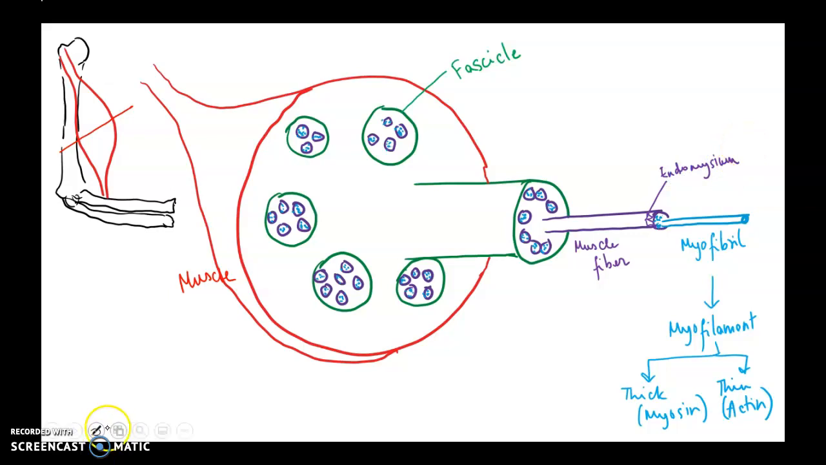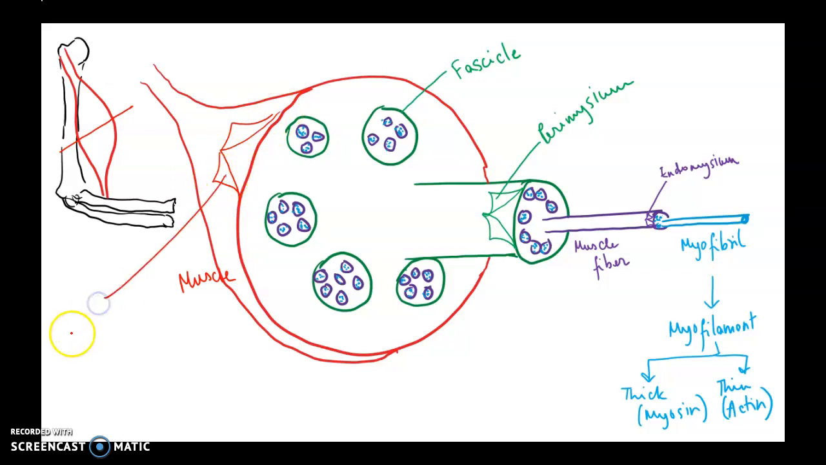If you look at each fascicle, each fascicle is wrapped with perimysium, and each muscle is wrapped with epimysium. So we have epimysium surrounding the muscle, we have perimysium surrounding each fascicle, and then we have endomysium surrounding